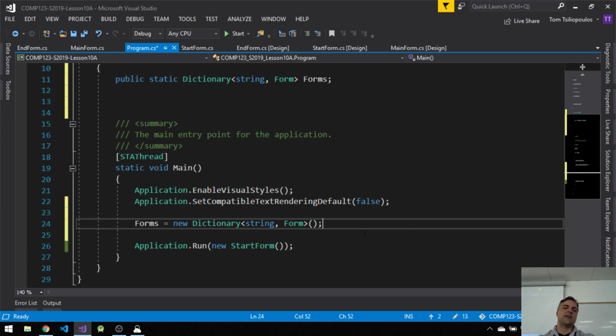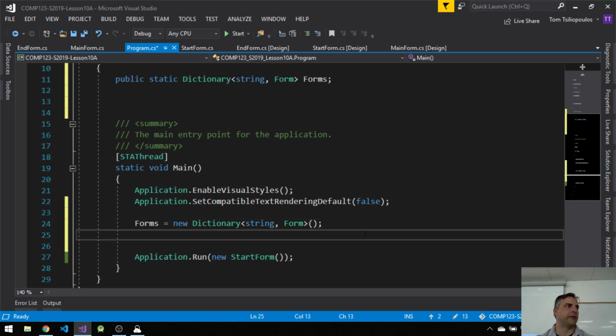So what this does is it says, okay, I need a new dictionary. And it's going to be 2 parts, the string and the form. And the string is going to be a name, a friendly name for the form. And the form is going to be a reference to the form object. That's what it's going to be. Okay, and then we can use the add method of the form. So we can say